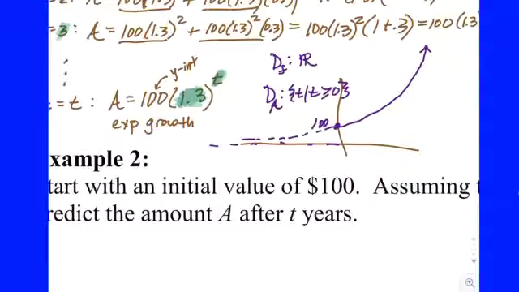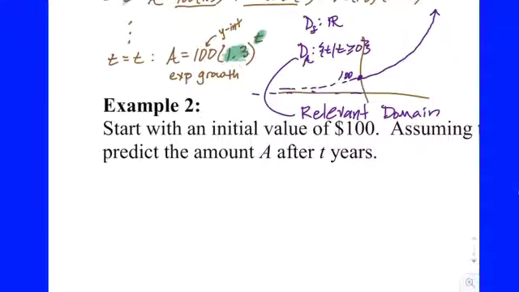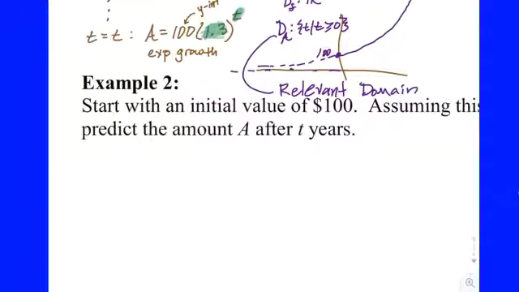That's the difference between a mathematical equation that might have a domain of all real numbers and a mathematical model that we're using to fit the situation. Okay, we call this right here the relevant domain. The values of inputs, the time values that are relevant for the situation, whereas the equation itself might have other values that are not relevant. Okay, so sweet. Now that we have that, go ahead with example 2 and see if you can figure out what the